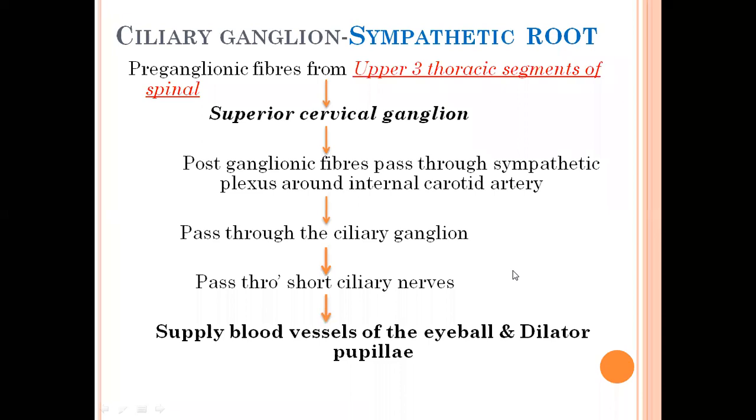Most of the peripheral parasympathetic ganglia located in the head and neck have a sympathetic root that arises from postganglionic fibers from the superior cervical ganglion. You always have to keep it in mind. But this plexus around the internal carotid artery will differ for other ganglia, that I will tell you later. So I think now you are clear with the three roots of the ciliary ganglion: motor root, sensory root,